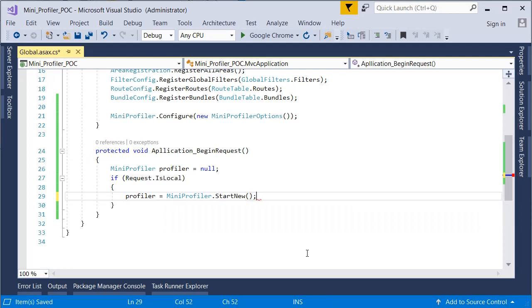So it will start a new instance of mini profiler. When any request comes, it will initialize a new instance of the profiler and start that instance.